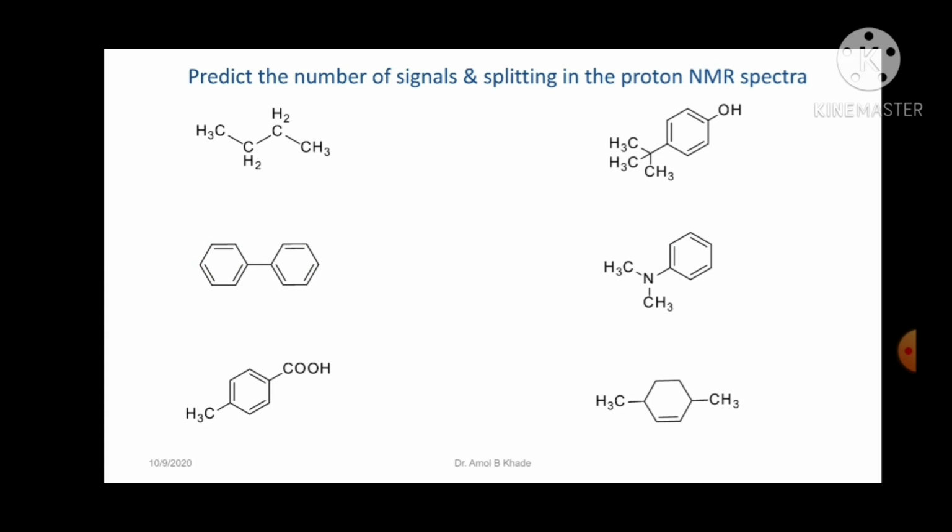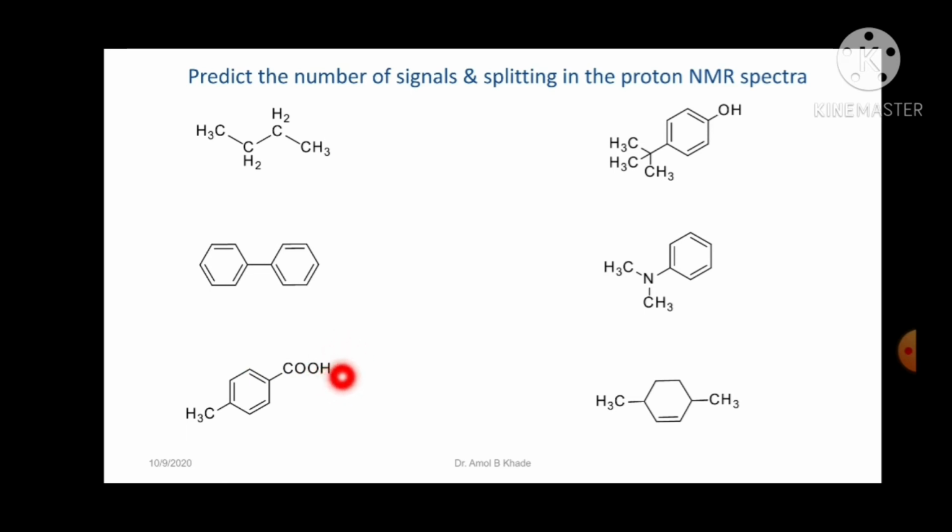So when we talk about the splitting pattern, usually the aromatic protons are referred to as a multiplet. Okay. Then take this particular example here. This is a benzene ring, then COOH, and here CH3. So obviously we can easily make out there are 3 sets of protons. One corresponds to this carboxylic acid, the second corresponds to the aromatic protons, and the third corresponds to the methyl protons here.